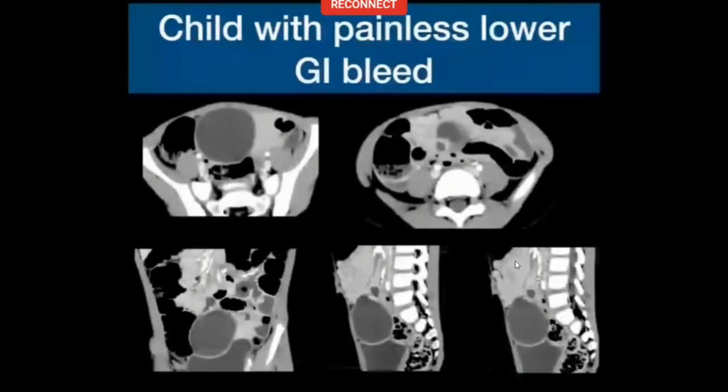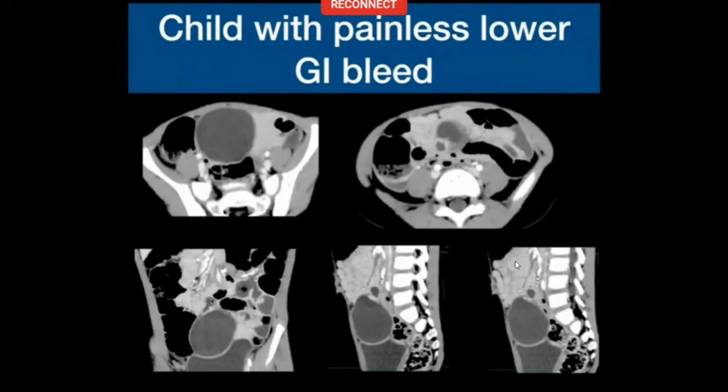A young child with another cystic lesion. So a cystic lesion in a young child. We've looked at lymphangiomas, we've looked at dermoids and developmental lesions. And this is a lesion which had a big cystic component. Then it had a tube-like structure which went and attached to the small bowel.